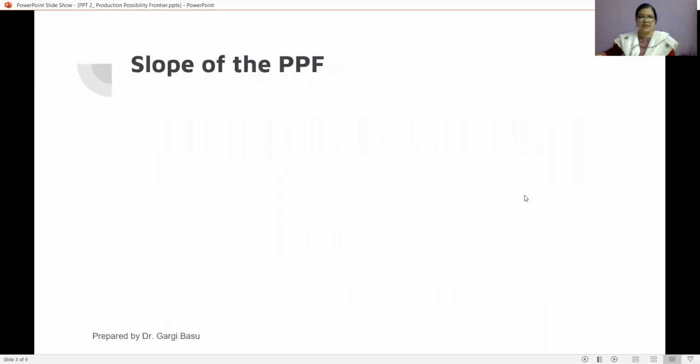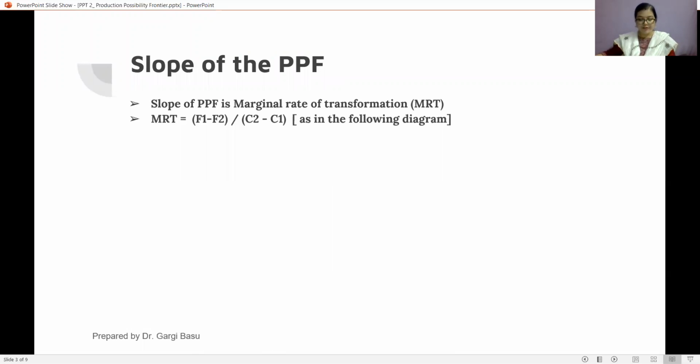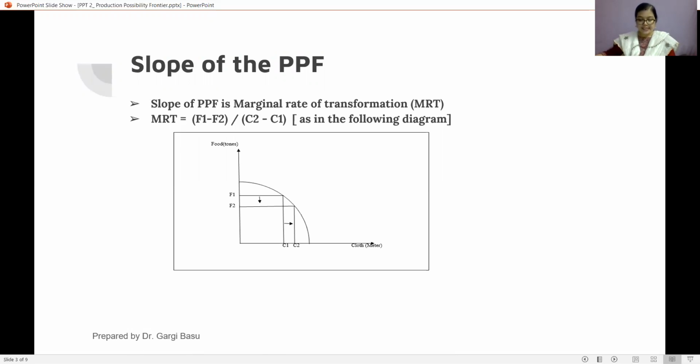Now we have to discuss the slope of the PPF. Slope of PPF is known as marginal rate of transformation, or MRT in short. It is measured as the ratio of change in the amount of commodity along the y-axis and change in the commodity along the x-axis. In this PPF, I have also considered that only two commodities, food and cloth, are produced in an economy. And if we consider that at first the country is producing F1 amount of food and C1